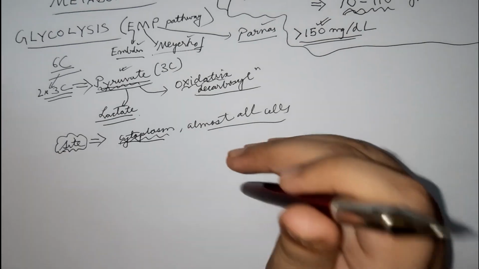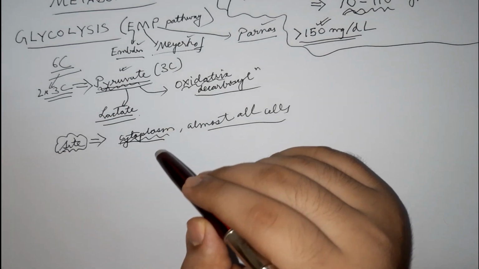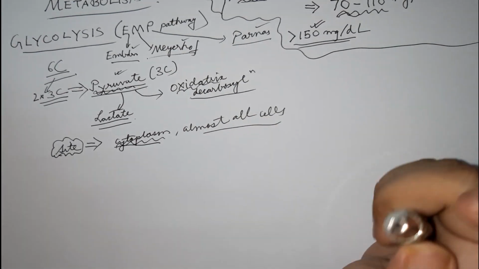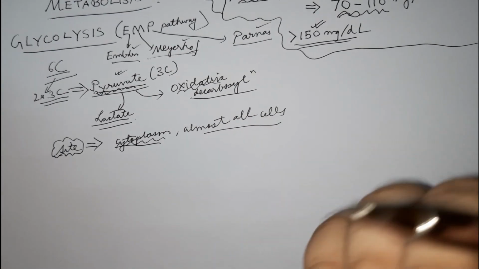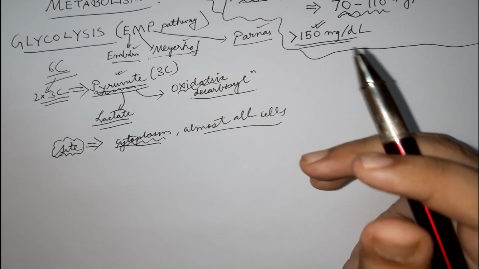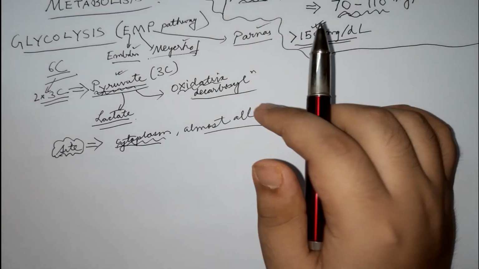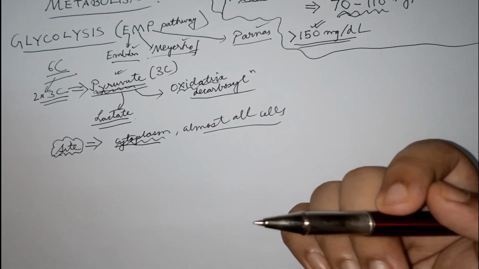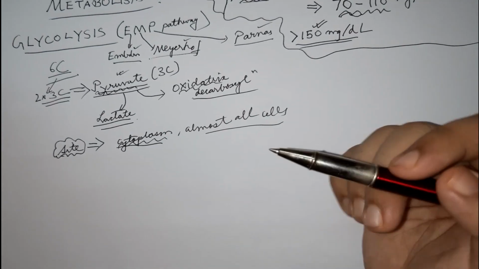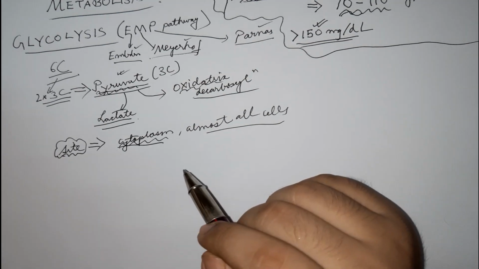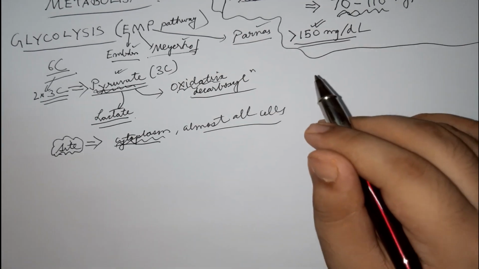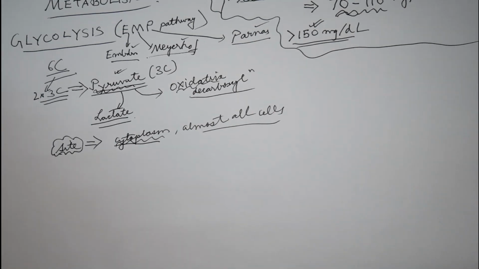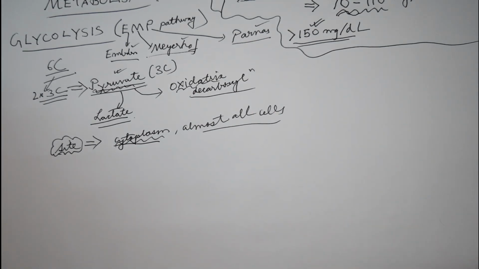So in other words, if I am to say that glucose is the ATM machine, okay? And from the ATM machine of glucose, we are actually taking out the currency or money in the form of ATP, adenosine triphosphate. So glucose is the ATM, adenosine triphosphate is the currency. That's how I look at it.